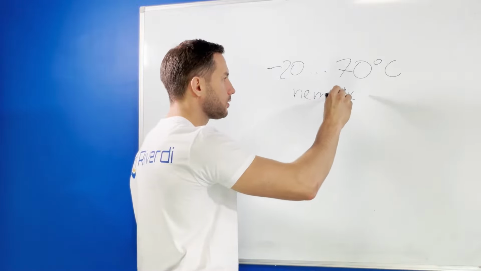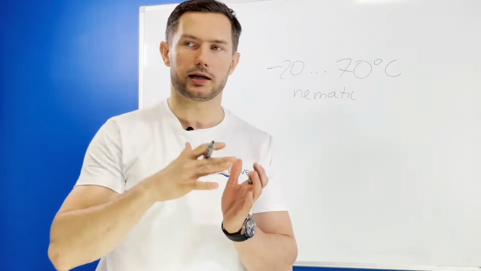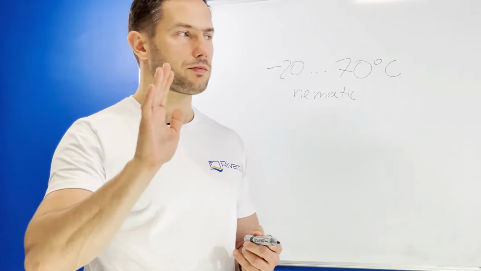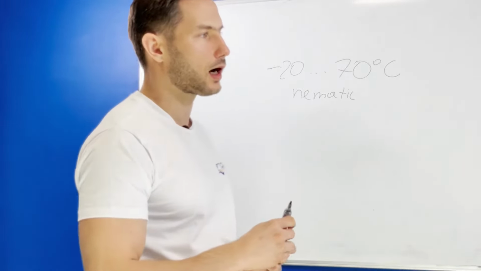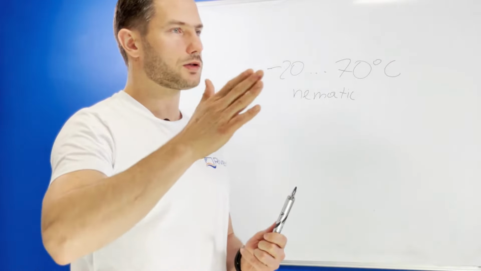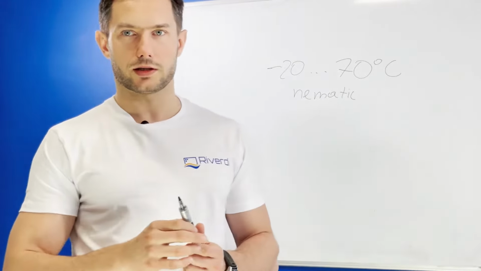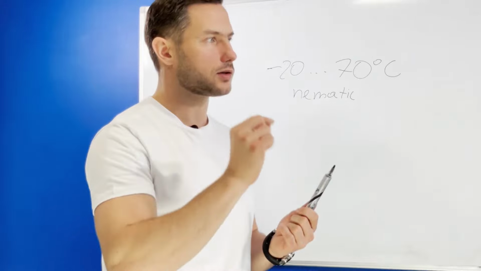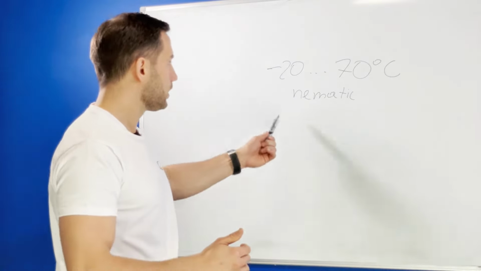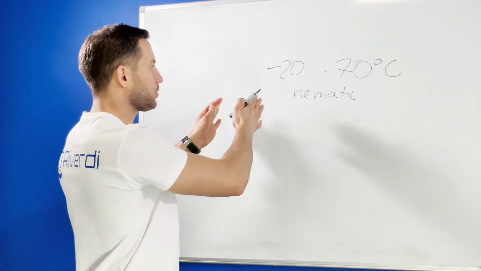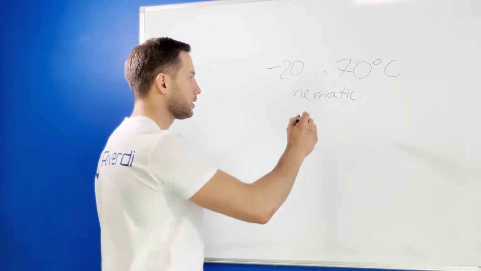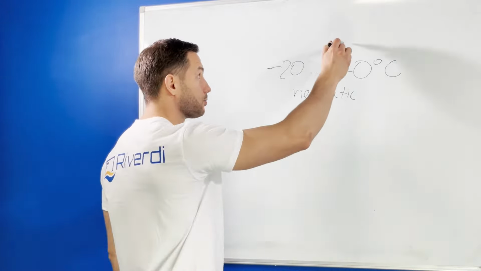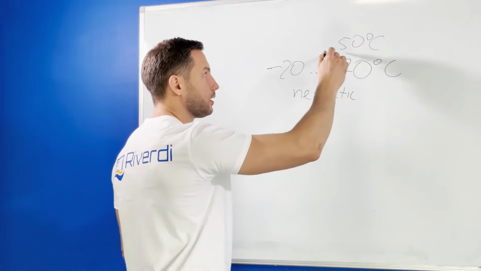So the nematic phase is a phase where the light can be operated, let's say, by a crystal. As you remember from the discussion about how the LCD works, liquid crystal has the ability to change the polarization of the light, but it needs to mechanically move the crystals inside this liquid crystal cell, and it needs to be in this nematic phase. So below that we become solid and cannot move, and above that, if we go above 70 or 80 degrees for a typical display, sometimes the border is only 50 degrees for consumer grade products,